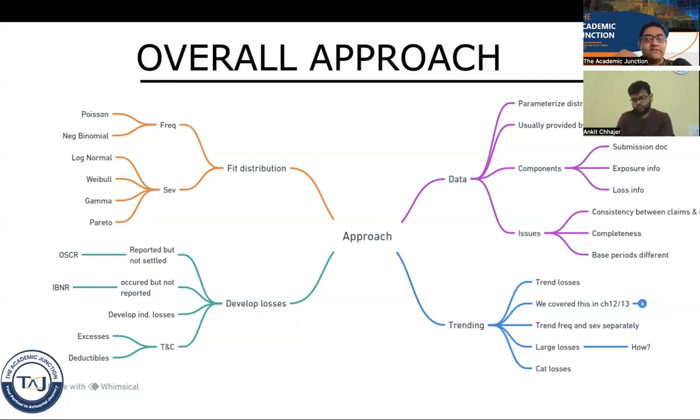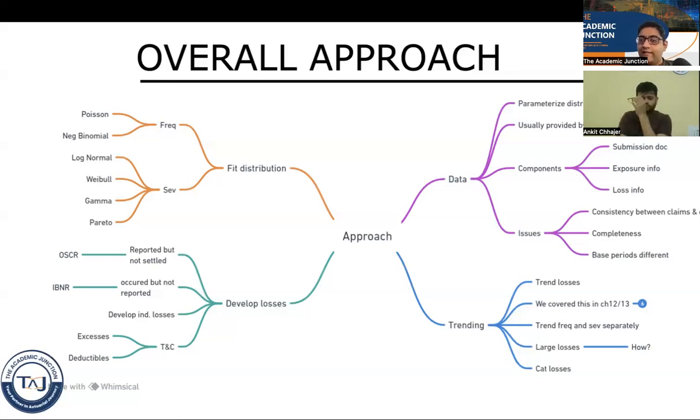So for example, there'll be a submission document, there'll be information about the exposure of the client. So if you are an individual risk, for example, you will require a lot of the data about the client, right? What are the risk management practices? What is the loss history of the client? So this primarily happens in group health